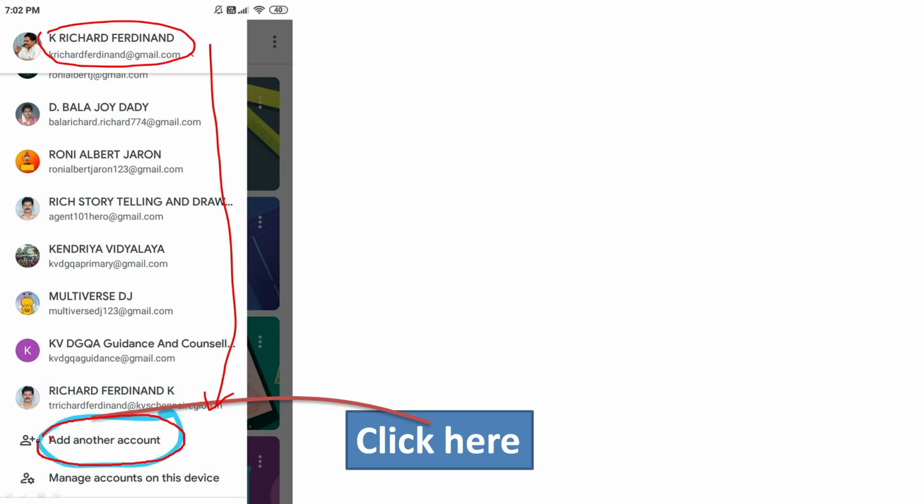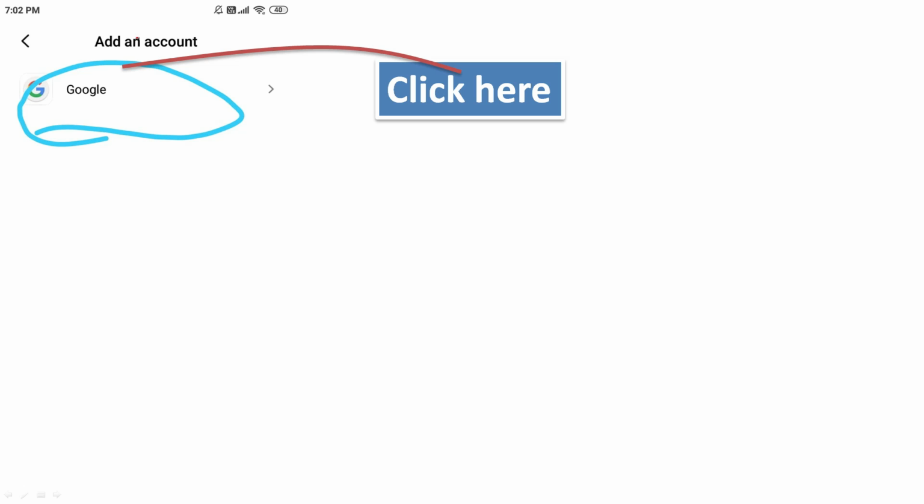We are going to add your account, which is the ID given by the school, that means the student's ID issued by the particular school. They have issued the IDs, and that is what we are going to use. So for that you have to click here. Then it will take you to the next page like this, Add an account. It will ask you to add an account. That account you are going to add by clicking here.